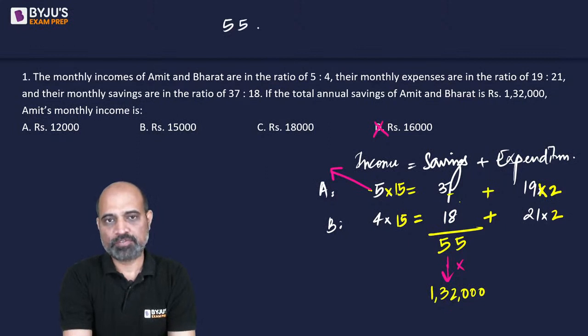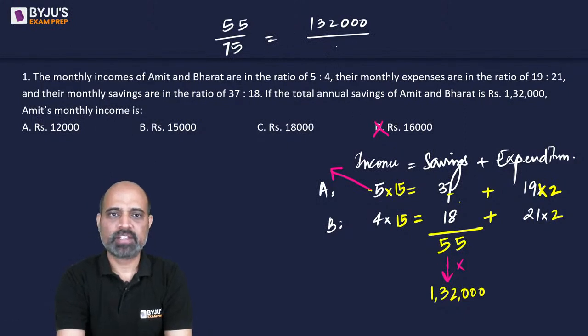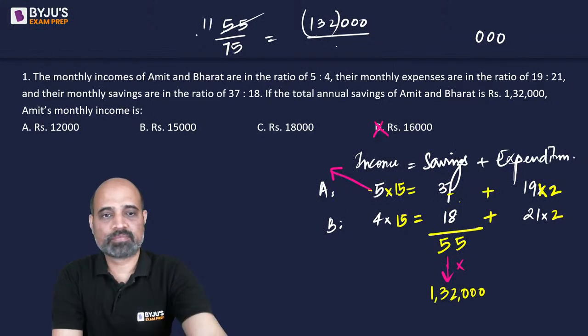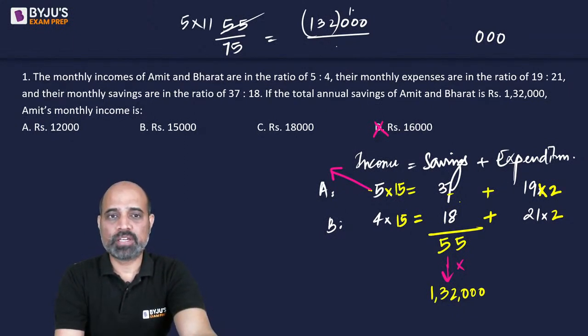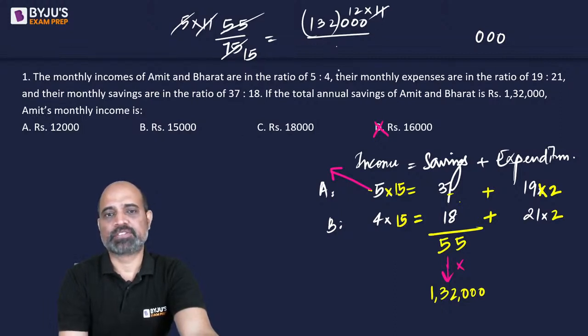आप लिख सकते हो that 55 has become 132,000. So 75 will become what? Which of the options, right? So 3 zeros are bound to be there. So I will only concentrate on 132. 55 is 5 into 11, right? And 132 is 12 into 11. So 11 goes away. 5 will take care of this. So 15 into 5 is 75. है ना? ये हमारा अमित का इनकम है